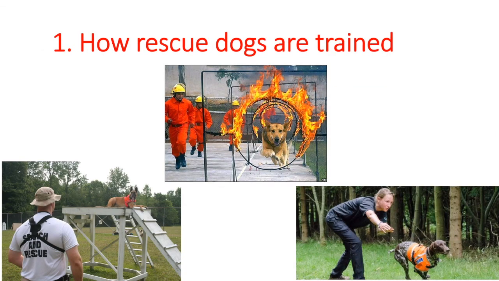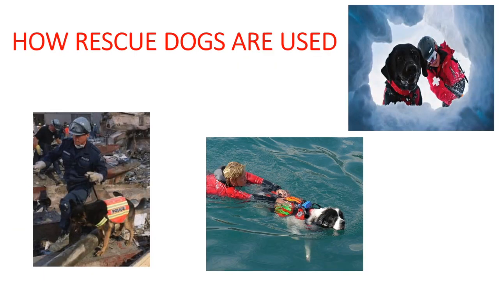So I decided the first thing I want to write about is how rescue dogs are trained. They have a long training and many dogs don't actually pass the training to be rescue dogs because it's very difficult, it's dangerous, and there's a lot of things there that make dogs really scared. So I want to talk about their long, difficult training. After they pass their training, then I'm going to start to talk about how they're actually used as a job. Where are they used? Like during earthquakes or during floods, when there's an avalanche, in these types of cases. So now I'm going to focus more on their job.